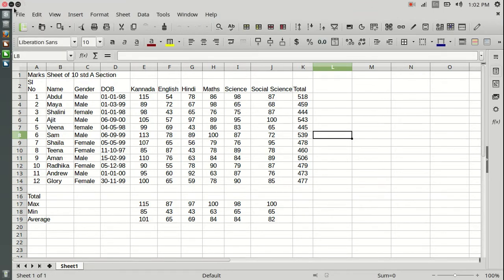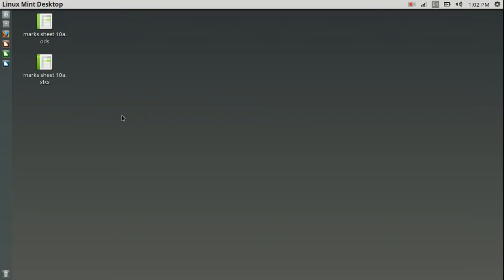Now that's done. I close this. Now we see that this version is .xlsx. So if you are sending an email to one of your colleagues or somebody who uses the Microsoft platform, try and save the spreadsheet in the .xlsx format and then send it so that it opens up in their Microsoft